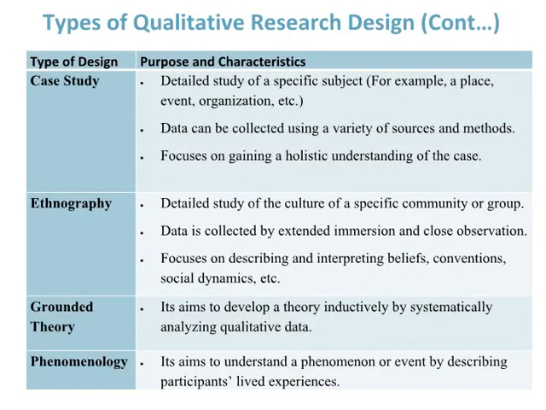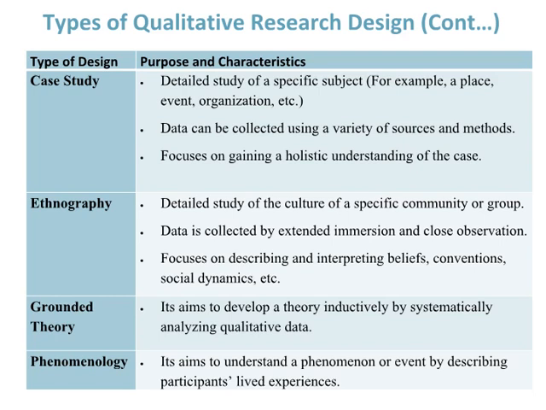Number 1 type of qualitative research design is case study, which is a detailed study of a specific subject, for example, a place, event, organization, etc. Data can be collected using a variety of sources and methods, and it focuses on gaining a holistic understanding of the case. Number 2 type is ethnography, which is a detailed study of the culture of a specific community or group. Data is collected by extended immersion and close observation, and it focuses on describing and interpreting beliefs, conventions,